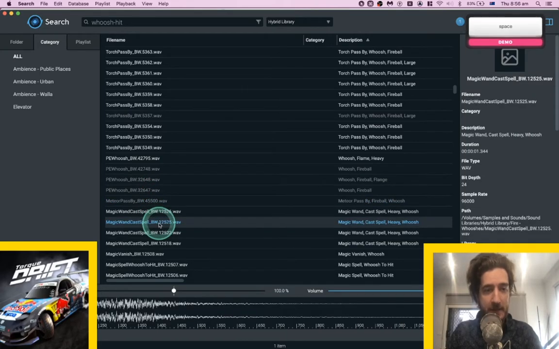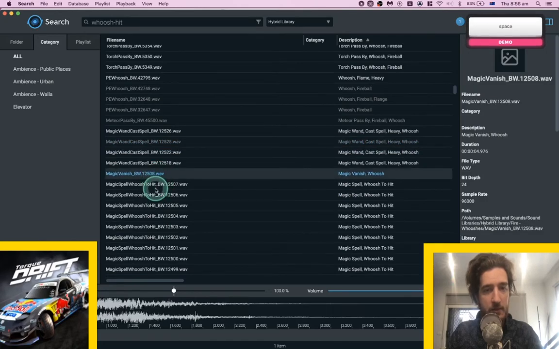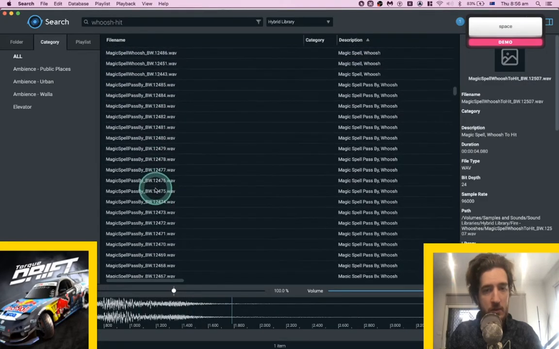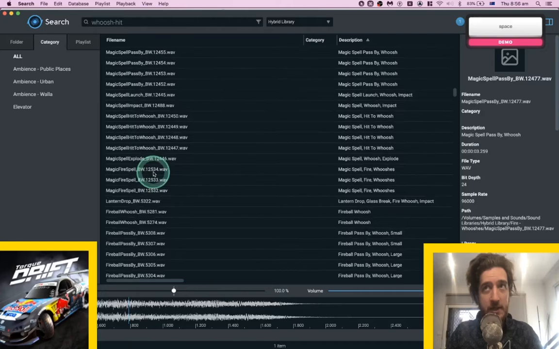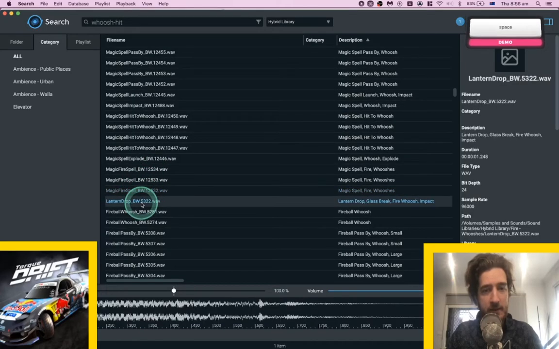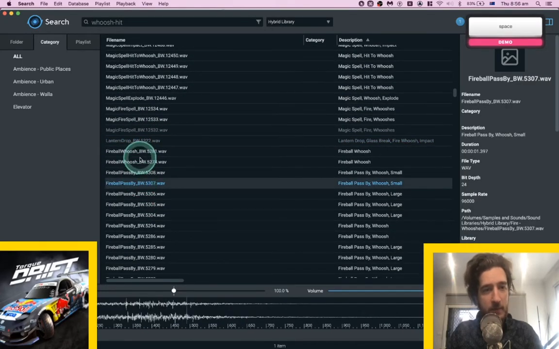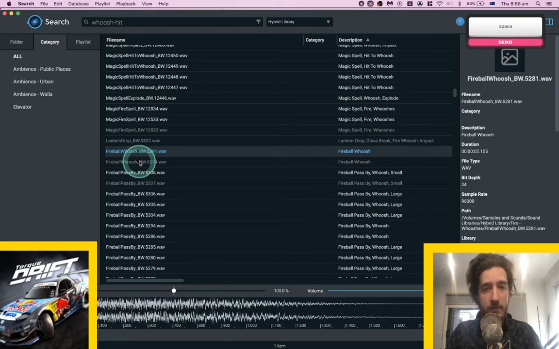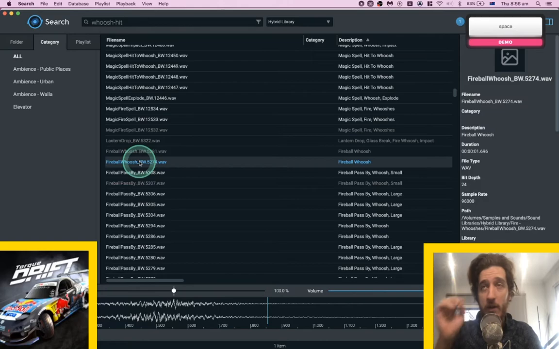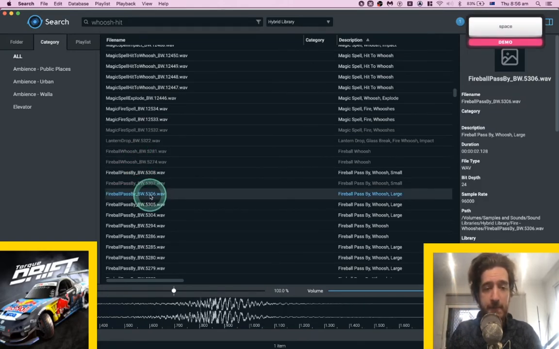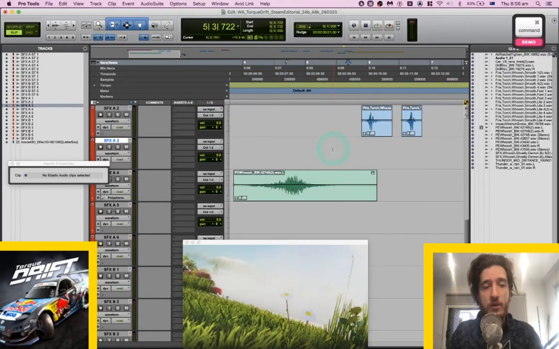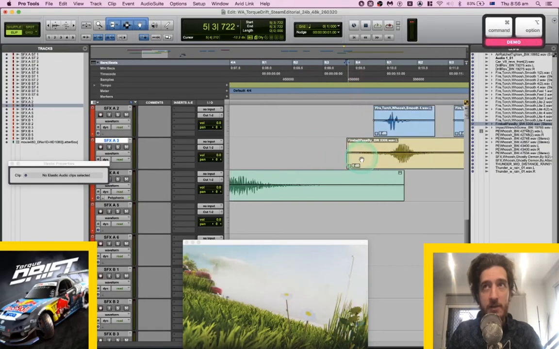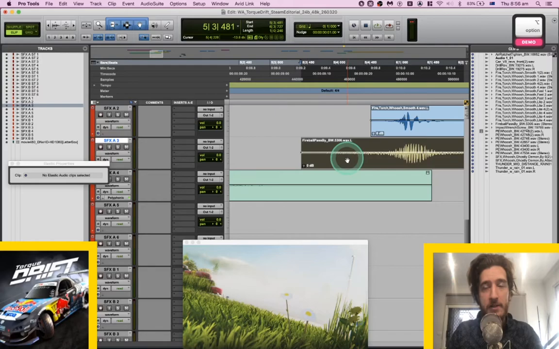Meteor pass-bys. Magic spells. A lot of this stuff you don't really use, to be honest, but for the line of work you're in, Benny, it is really useful because you'll be able to use so much of this stuff and it just bails you out all the time. I mean, SoundSnap's probably just as good, but